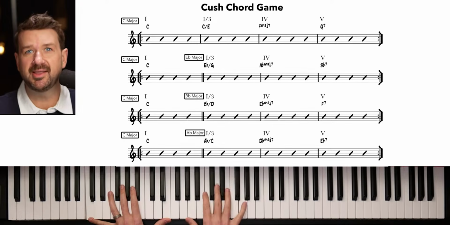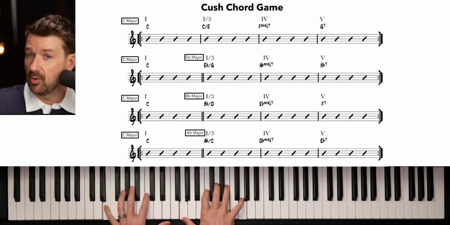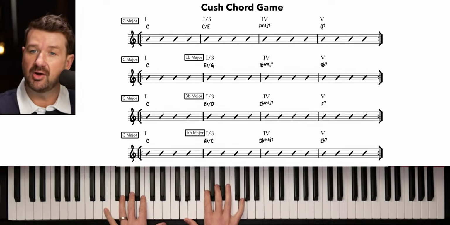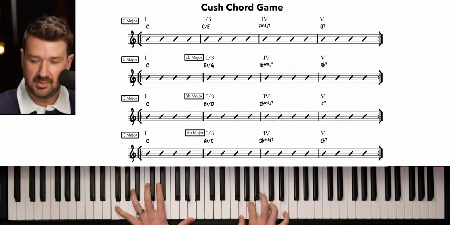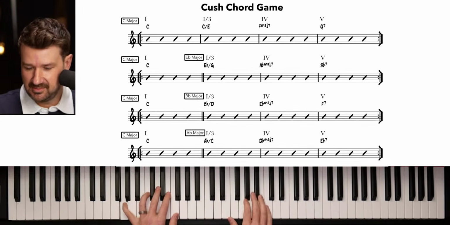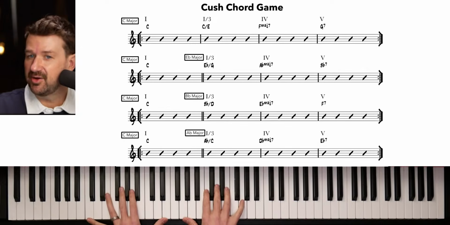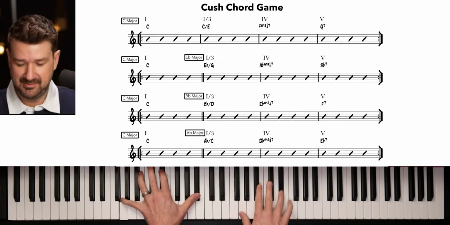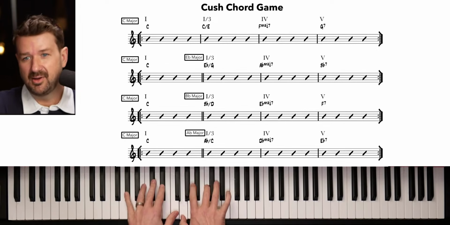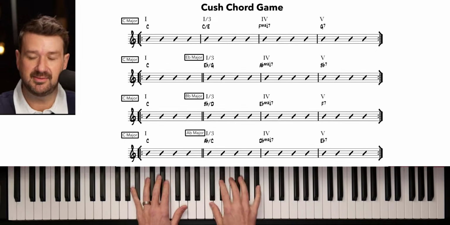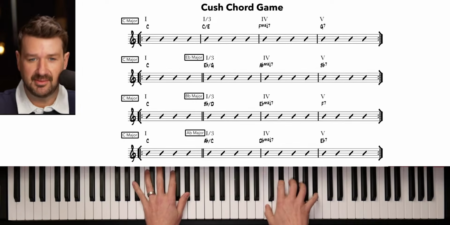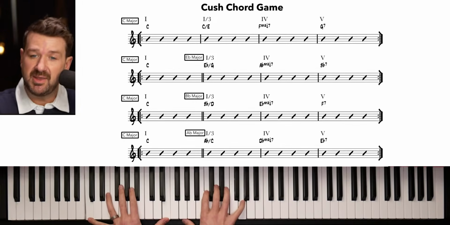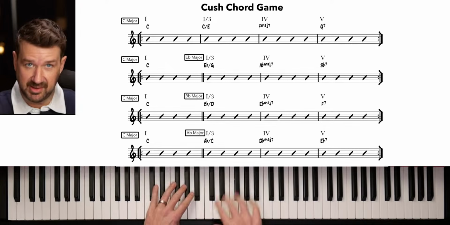From the top. Let's do it all again so you can hear it. Here's our 1 over 3, C over E, our 4 chord, and our 5 chord. Let's do our second line. Here's our 1 over 3, but in E flat. Our 4 chord in the key of E flat, and our 5 chord. Let's do our third line, key of B flat. Here's our 1 over 3, but in the key of B flat.